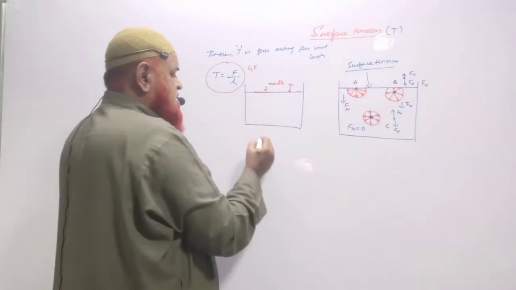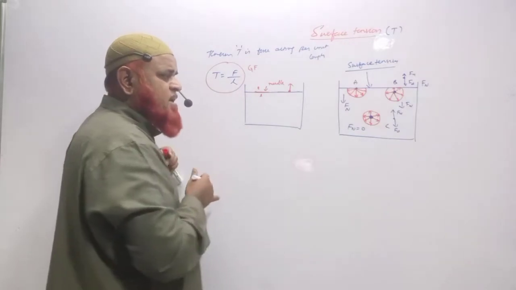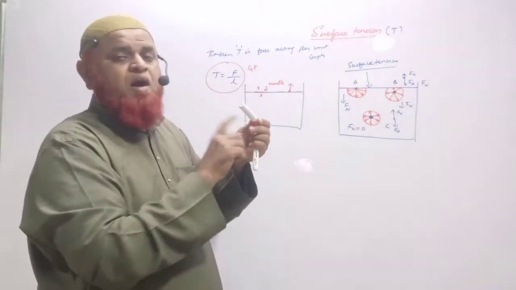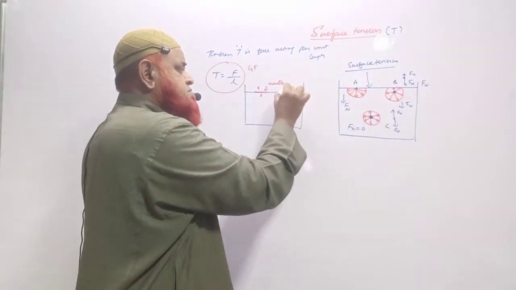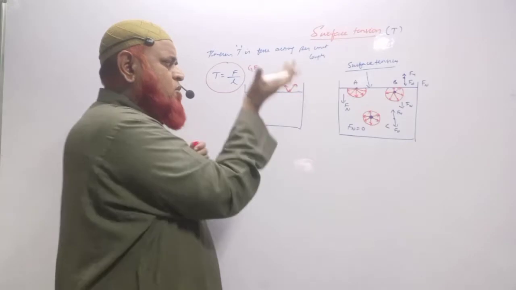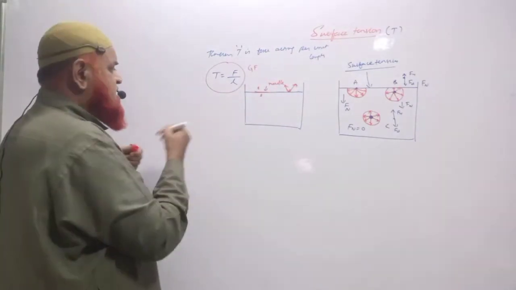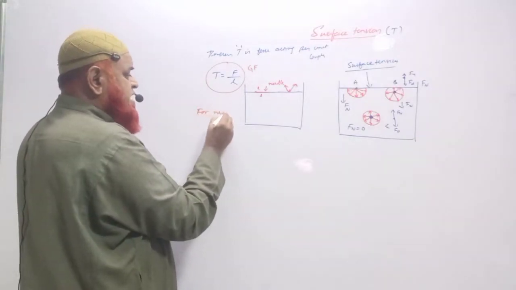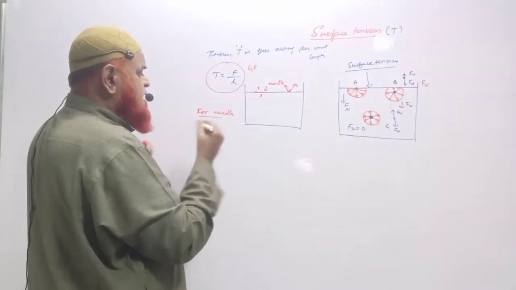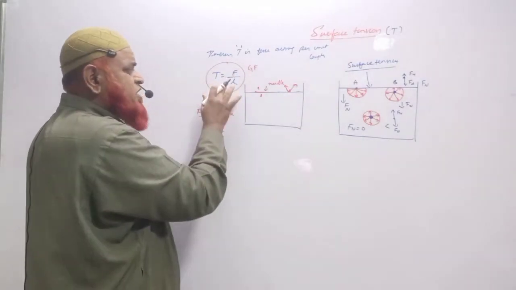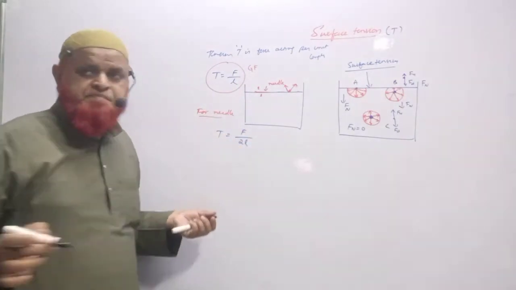Therefore, if you place a needle, here the length is L, and on the other side the length is also L. Both the lengths of the needle are held by the surface, this side length and this side length. So especially for the needle, if it is gently placed, the force due to surface tension will not be the general formula. There, it is going to be 2L into T.